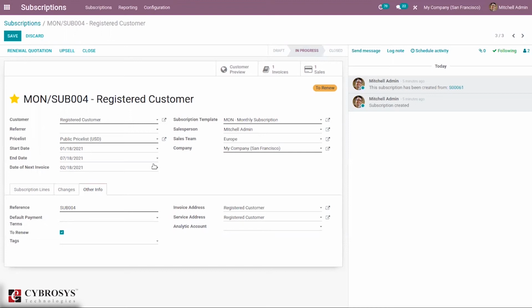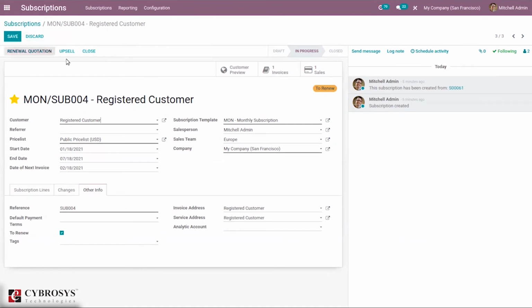So we can not only renew subscription, but we can close or create upsell from here, that is upselling opportunity from your subscription. So renewal can be processed manually, annually, or sometimes more, depending on the duration of the contract. Most subscription companies choose to automate their renewal process, but in some cases, manual subscription renewals are still a preferred option.